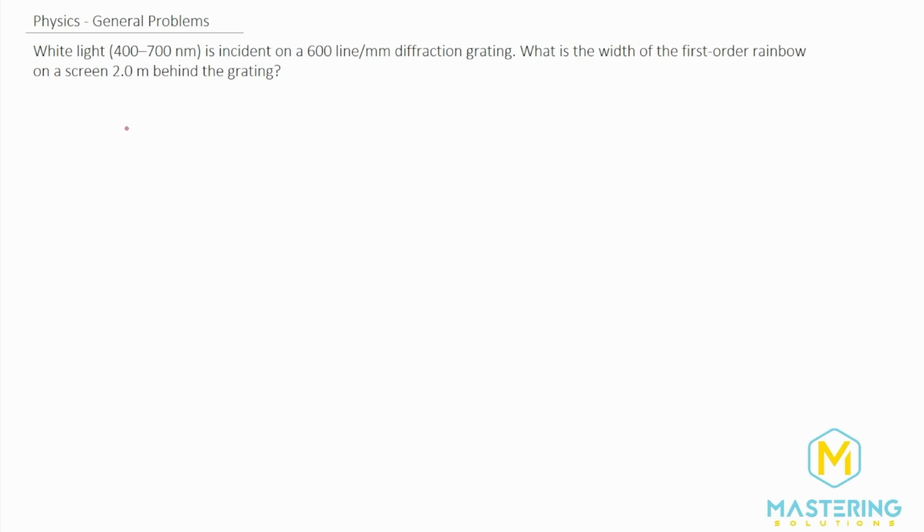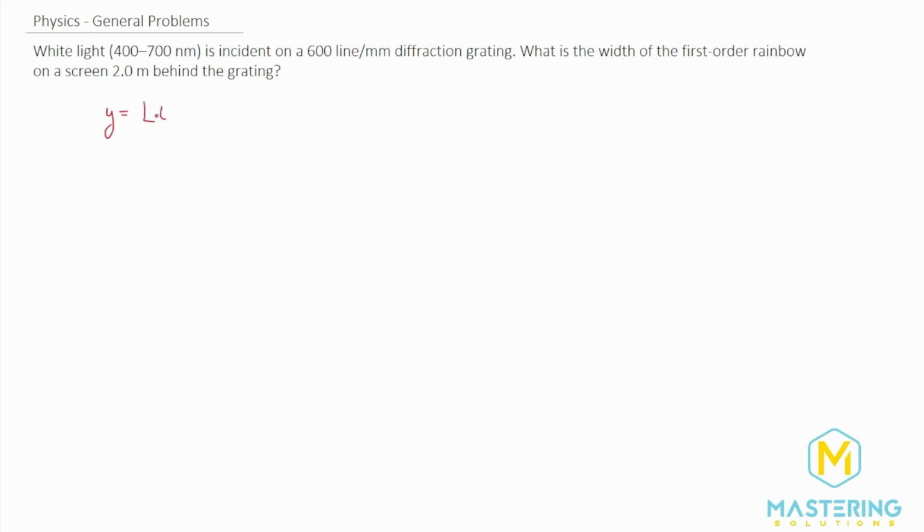In order to find those, we're going to use a very similar process as the last question that we did. To find those two y's for the blue and the red, I like to think about the big overall picture of what we're doing. This is what we're trying to find, the y for the red and the blue.